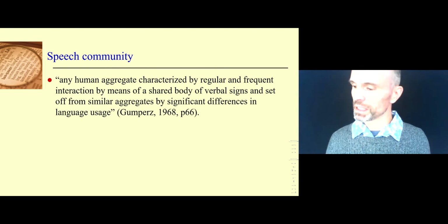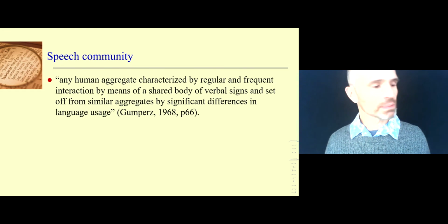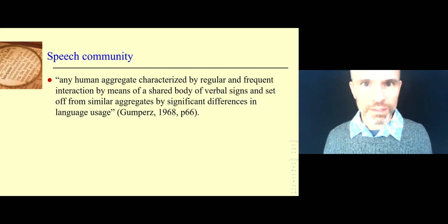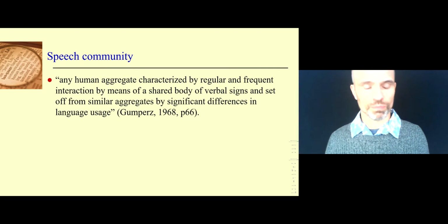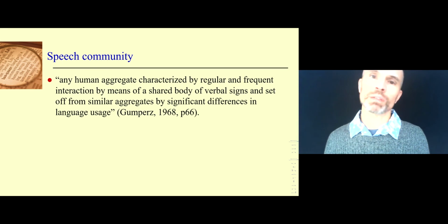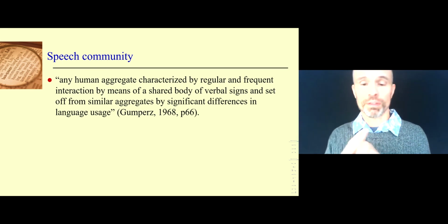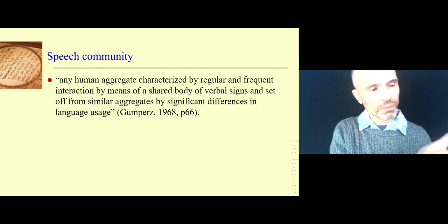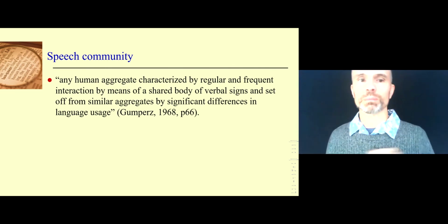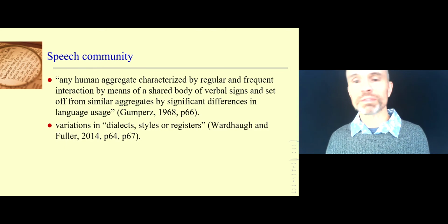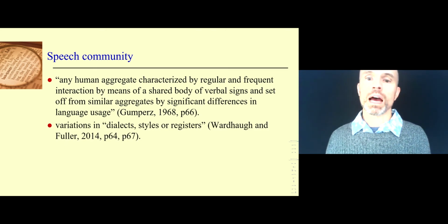So there are speech communities, there's a speech community A and a speech community B. They can communicate with one another, right? They're speaking the same language, in the case that we're talking about, English, but there are enough differences between the way they speak that we can hear someone talk and decide, she belongs more with that group, or he belongs more with that group. There may be variation between the groups, the significant differences, as Gumperz calls them.